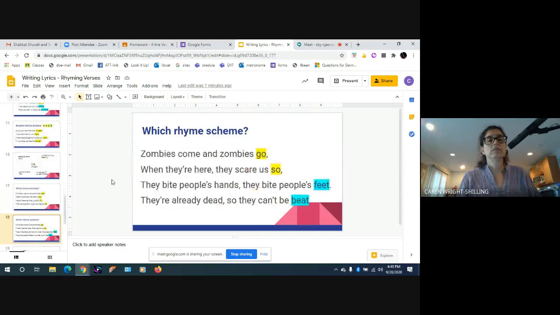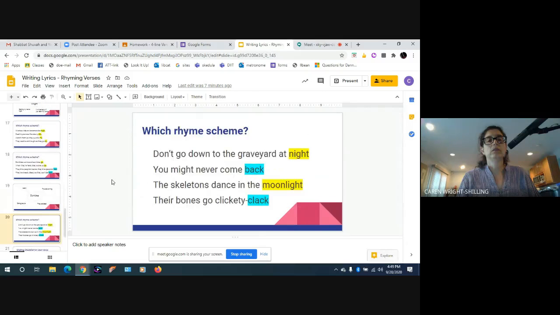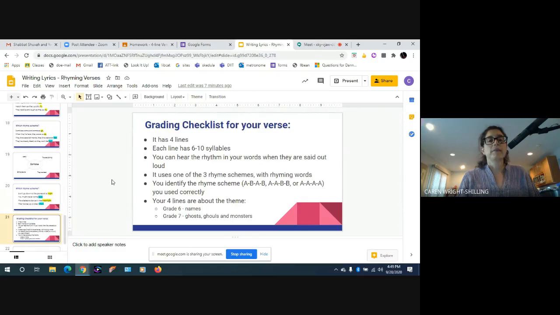Okay, so these are just quizzes for you that were in the slides. Eventually, I'm going to be grading it. This is the grading checklist. It has to have 4 lines. It has to have 6 to 10 syllables. You can hear the rhythm in your words when they're said out loud. It uses one of the 3 rhyme schemes. And you're able to identify the rhyme scheme. So I put in an extra question asking you which one you used, and I'm going to check and see